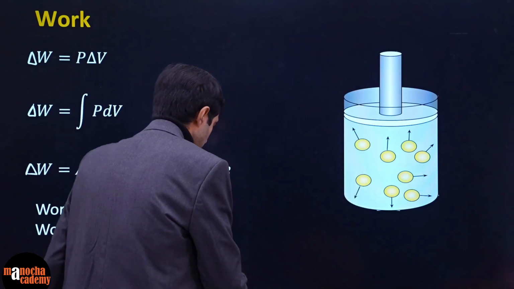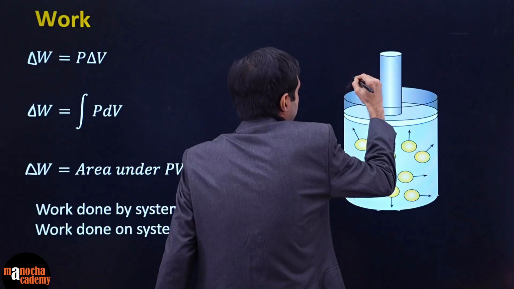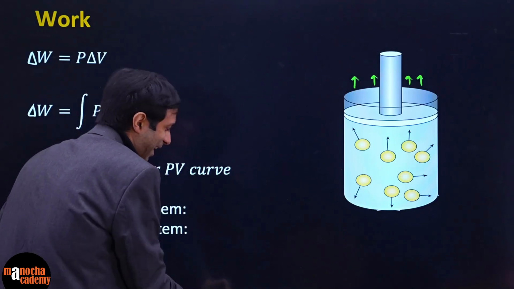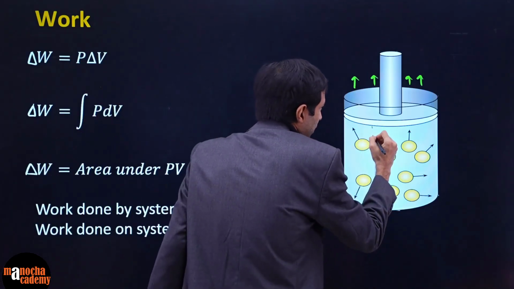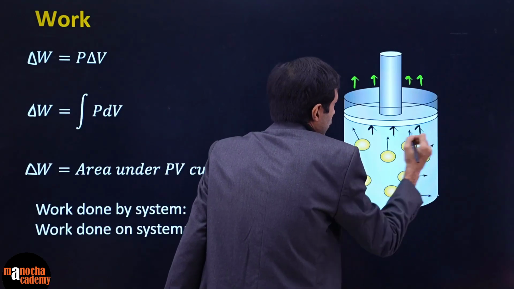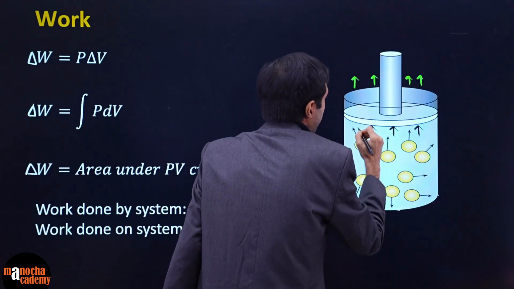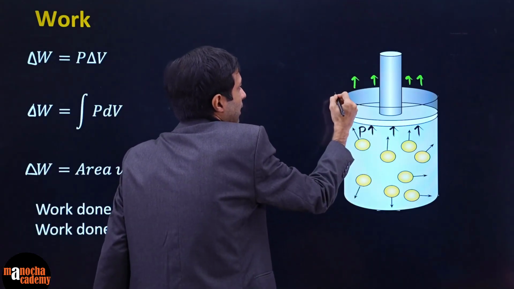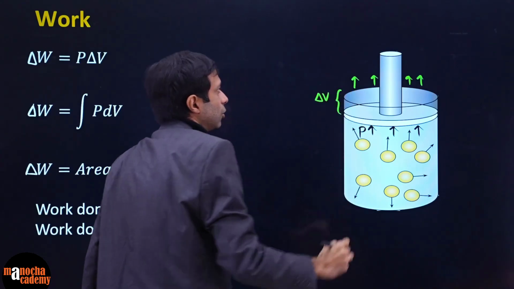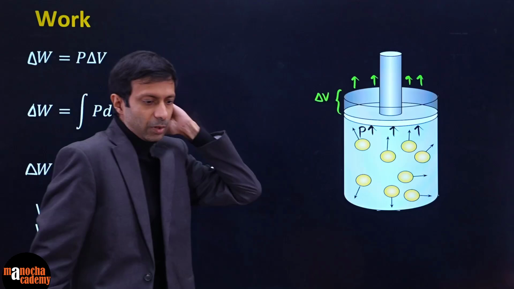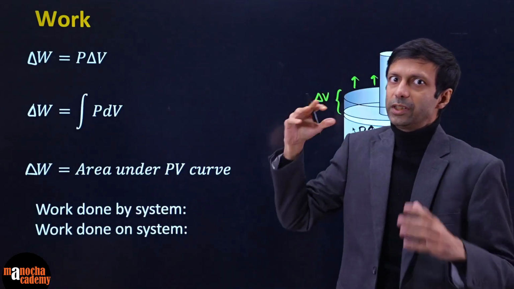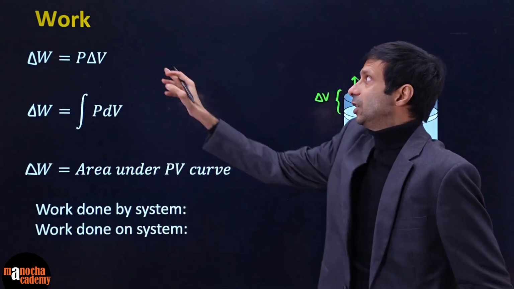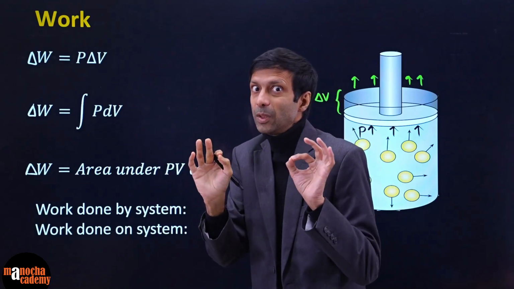Let's say the gas is expanding, the piston is moving up, and let's say the gas is applying a pressure P on the piston. So pressure applied on the piston is capital P. And let's say there is an increase in volume. The piston moves up and there is an increase in volume of delta V. So the simple work formula is P times delta V. And remember, finally, to convert the units into SI units so that you get joules. The derivation I've done last time. But when can we apply this formula? Only if the pressure is constant.